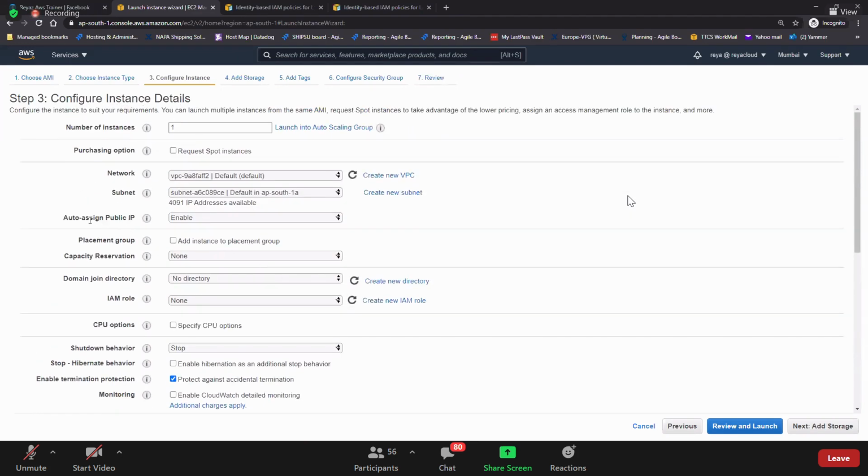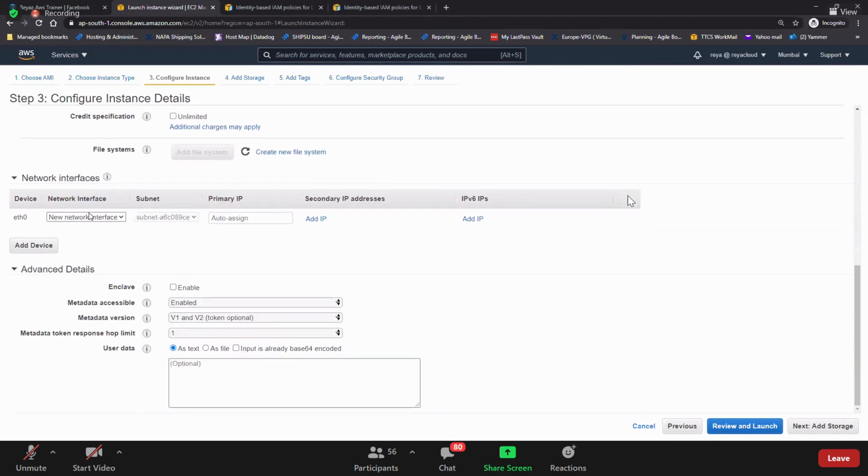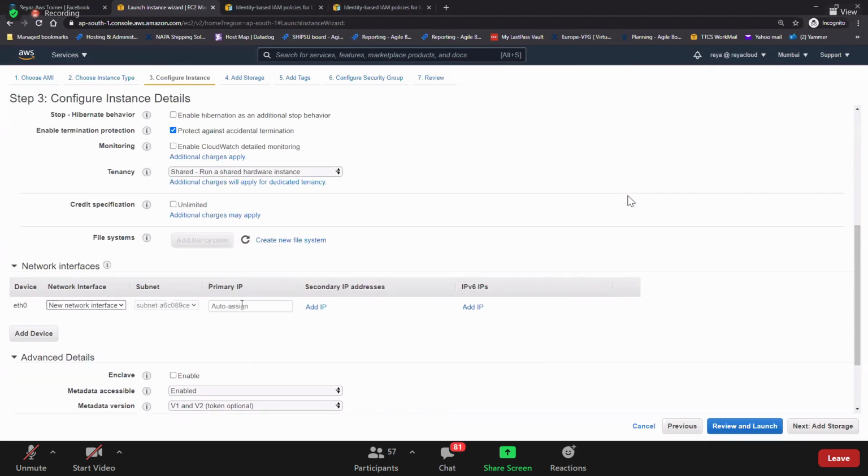Now here we have enabled the public IP, right? Remember that whenever you launch an EC2 instance, you will have a private IP. Do you see the NIC card here? Basically the network interface. For the network interface, you need not do anything. It will auto assign the private IP address. Usually if you want, you can give a static private IP, but no one gives static private IPs here. So it's default.